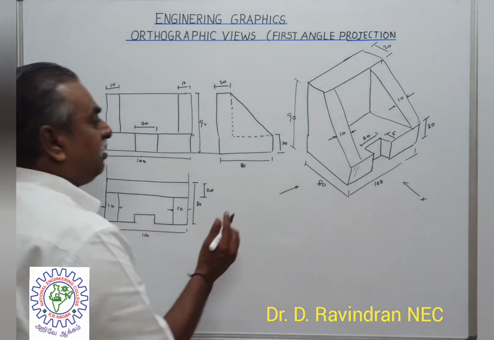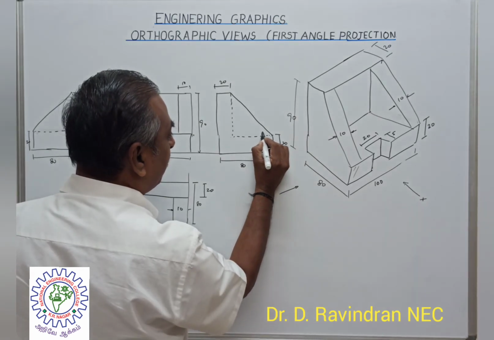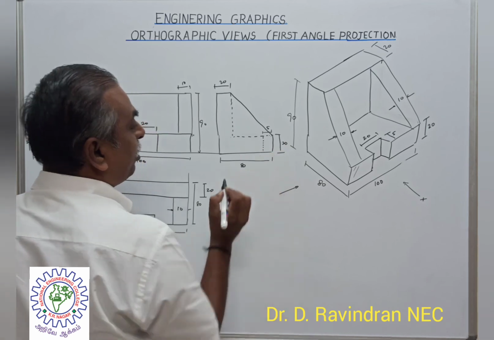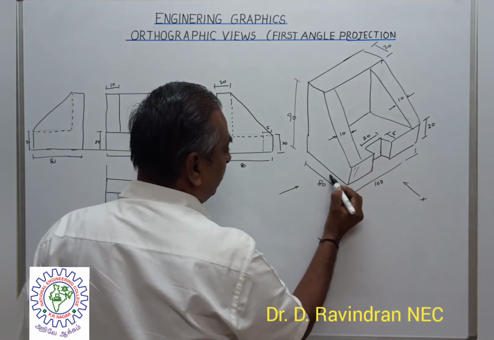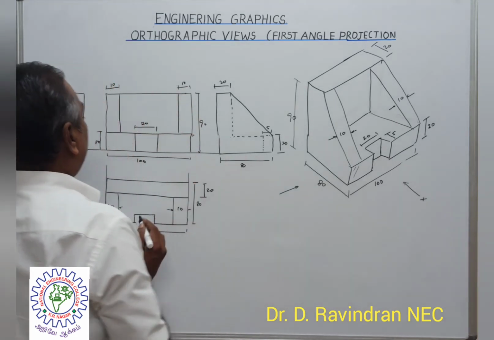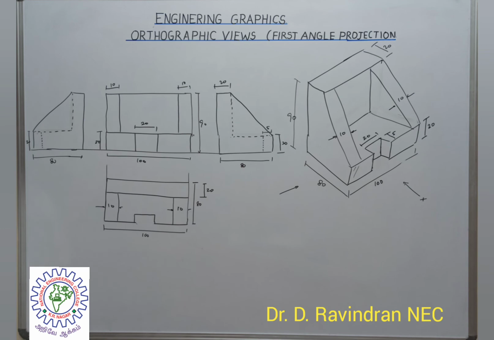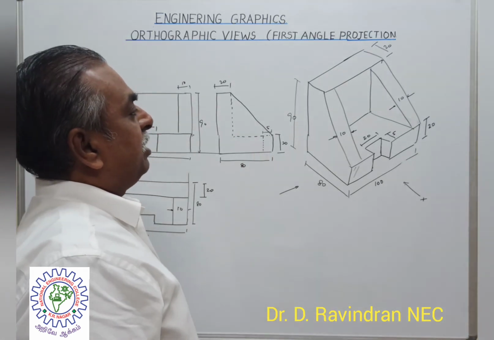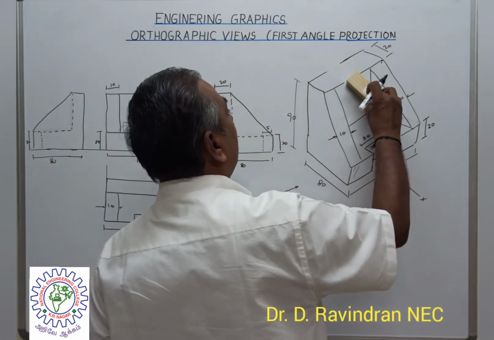Whereas in the side view, we can see the depth, that is for 5 mm. We have to draw one more line because this edge, as well as this edge, will not be visible from this side. So we have to show a dotted line here. Similarly, here also we have to show a dotted line here. We will try to modify this figure further. That means at the top, I am just going